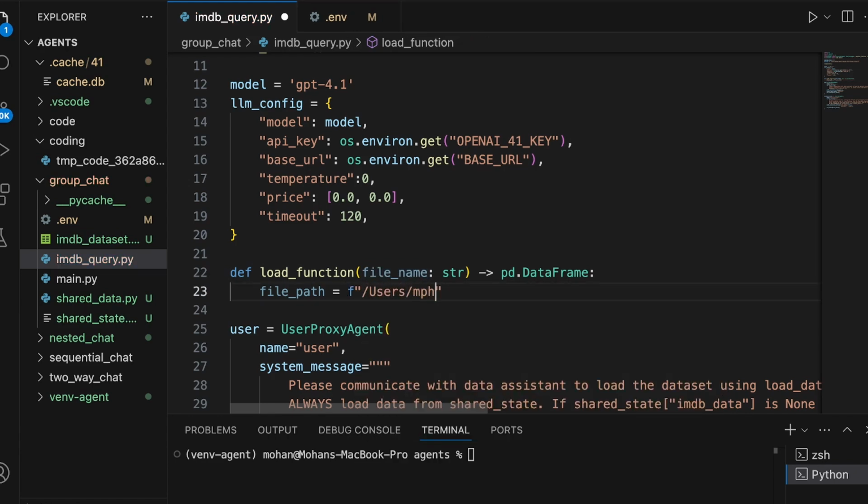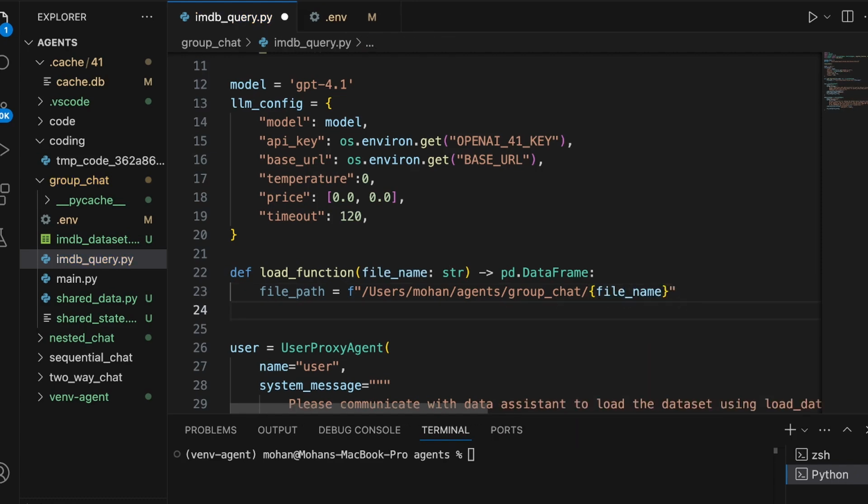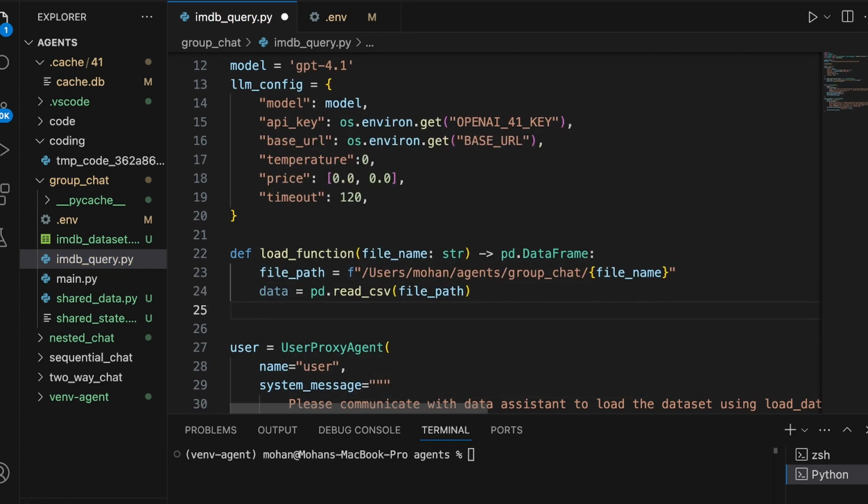I know the absolute path, so I'm directly providing the absolute path so that there is no confusion at all. Group chat is a folder, my current working directory, and hence I have provided the complete path. Now let me provide whatever parameter value I receive during this function invocation. So pd.read_csv, let me provide the file path within parentheses, which is going to get assigned to this data frame